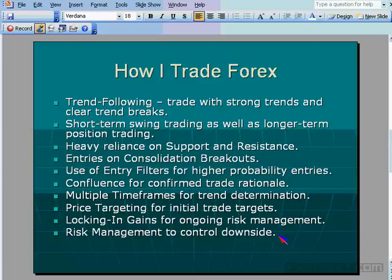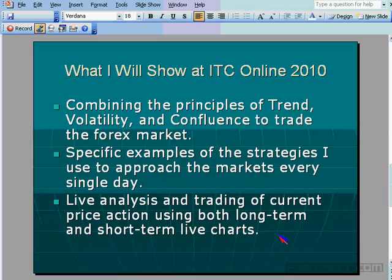It's a very general description, but I'll show you exactly how I approach it from a specific strategic perspective at the ITC Online. Okay, so that's how I approach trading Forex. Now, what will I show you at ITC Online? I've talked about this the whole time. My keynote speech will be talking about combining the principles of trend, volatility, and confluence to